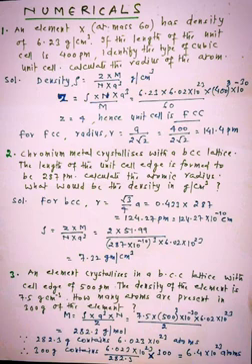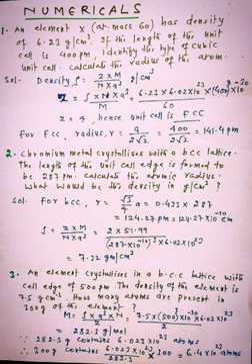See here in this question, atomic mass of the element is given, density is also given, as length of the unit cell is 400 picometer, and here we have to find out the nature of the unit cell or the type of cubical unit cell, that is we have to calculate the value of Z, and after that we have to calculate the radius of the atom also. After finding out the nature of unit cell, we can easily calculate the radius of atom.